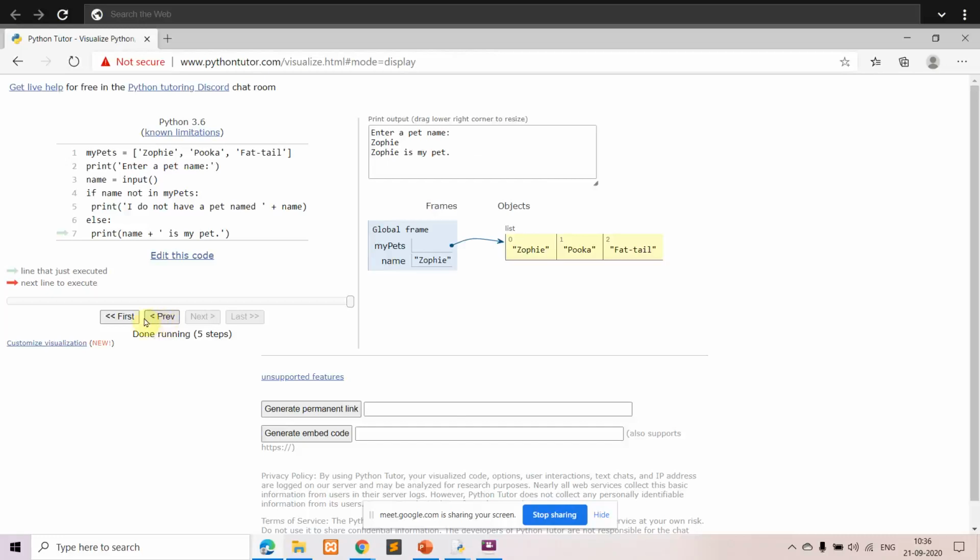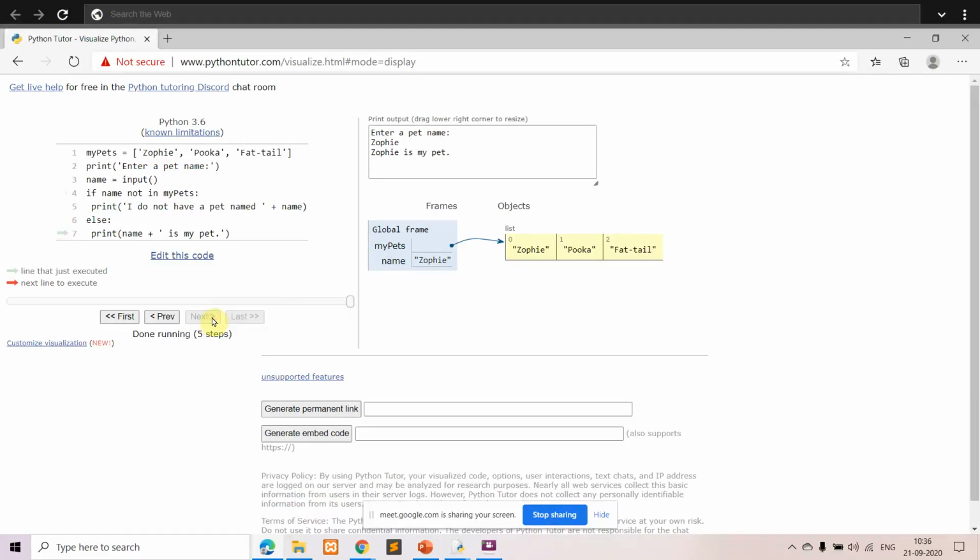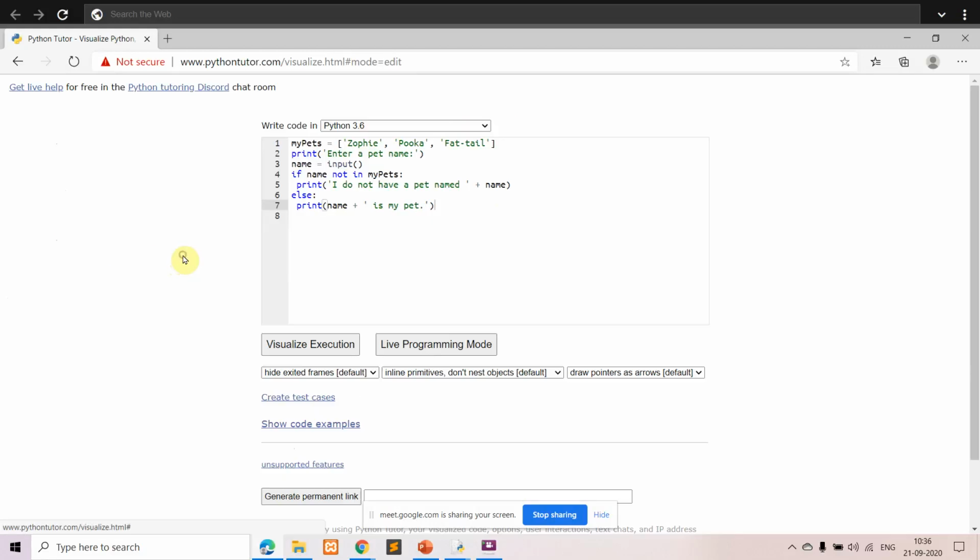The same thing will start again from the beginning, but this time you give a name that is not there in the list. Again the list is created and initialized with the values. Now ask the user to enter the input.